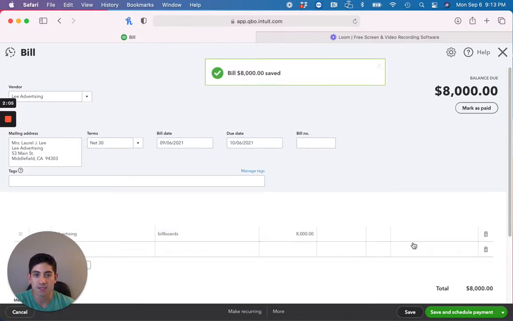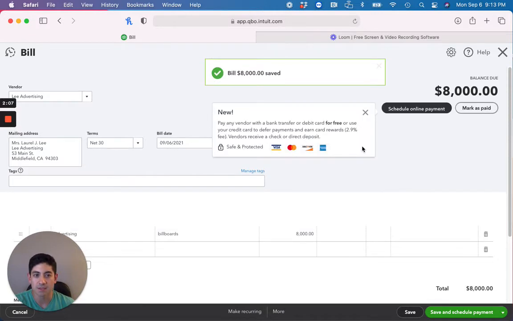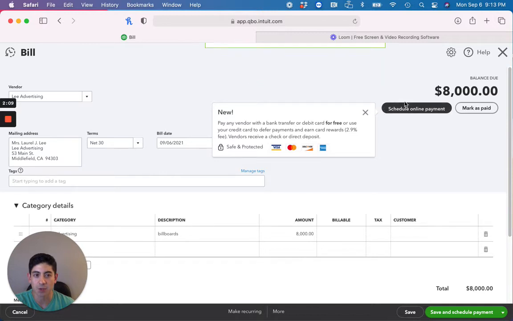And now once we save that, we will see that actually pops up this schedule online payment. It's exactly what I was talking about with using either a bank transfer, debit card, for free, or using your credit card. So that's where you would go to click on if you were going to take one of those methods to pay it. But for right now, what we're going to do is we're just going to close this